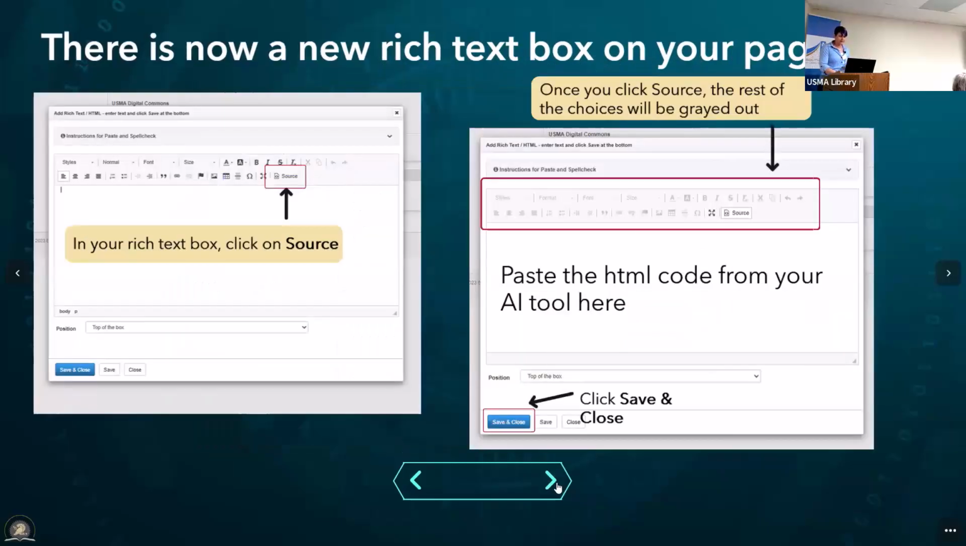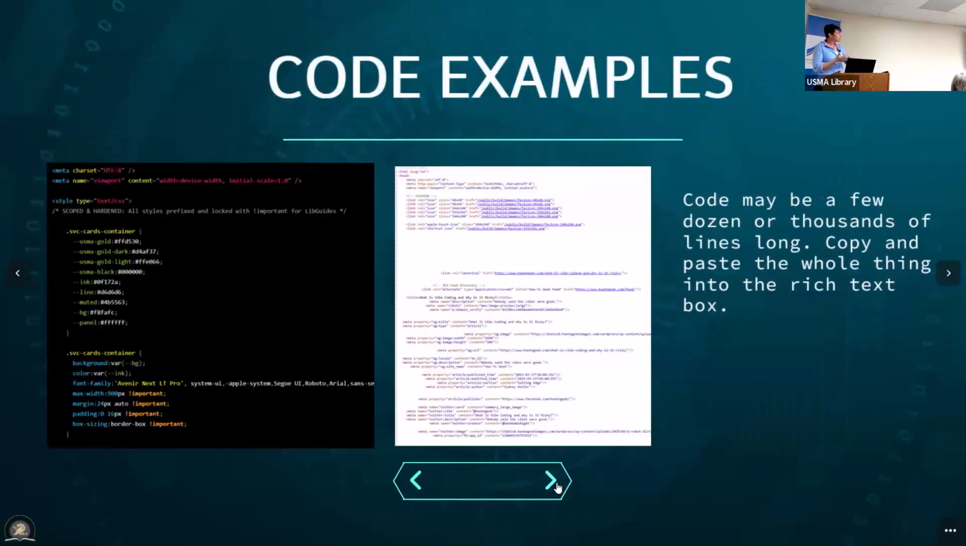When you get into your rich text box, what you're doing is adding source code. Anytime you are working in a LibGuide and you are typing things or adding pictures, the code is being made for you, right? That's your source code. So when you click on the source button, it's going to gray out everything, and that's where you paste your code. If that's not grayed out and you just copy and paste your code into that box, when you click save, it's just going to show you the code you pasted in, as text. So go to your source code, add it in, save that up, and then you've got your vibe code,